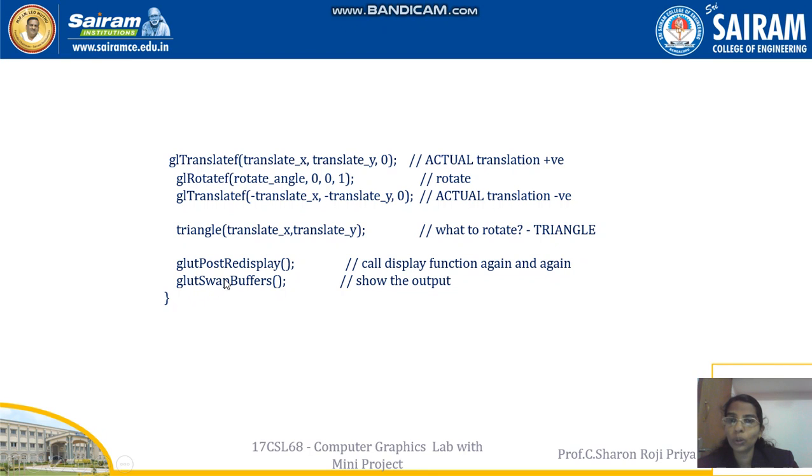Here also I need swap buffers because I'm rotating my triangle. Every time I'm tilting my triangle by 1 degree, right? So when I tilt my triangle by 1 degree, if I'm using two buffers, the front buffer will be displaying the object, and at the same time the back buffer will tilt the object by 1 degree and render the new object. Once this rendering is done, it will be swapped to the front buffer for displaying.